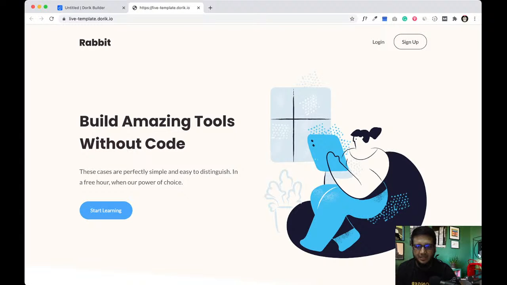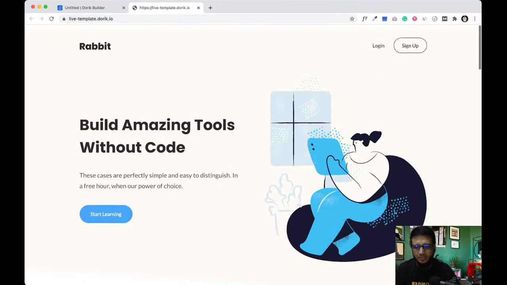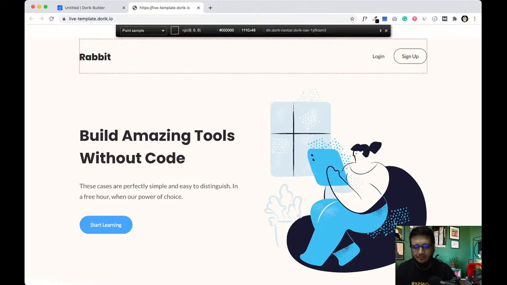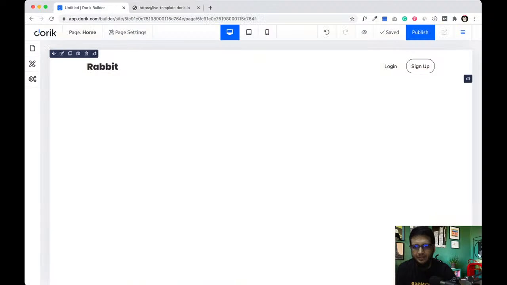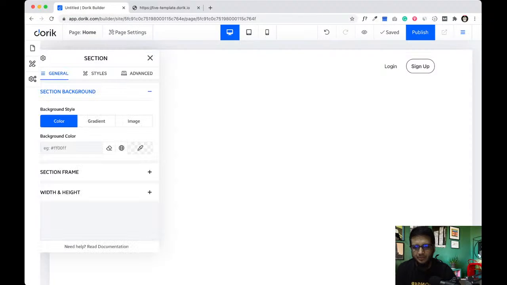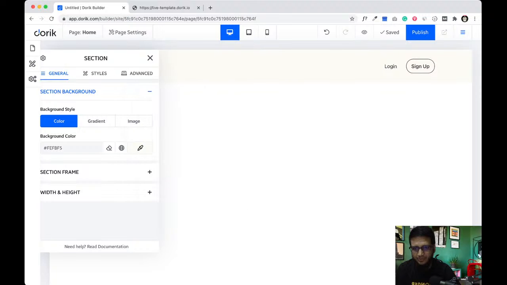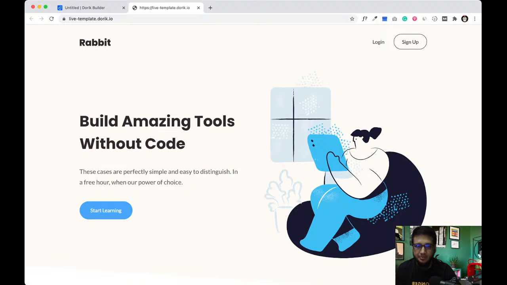Now we have the background color here, a slightly yellowish background color. So I'm gonna pick the color from here. Okay, so I pick the color, and I can give it to section background, and here it is, the background. I'll add this color also to the global, so we can reuse this color later in the design. So right now our navigation is ready, and now I am gonna build this section.